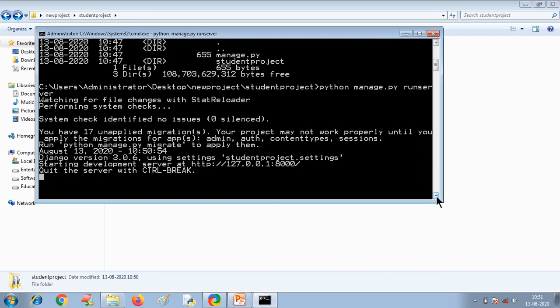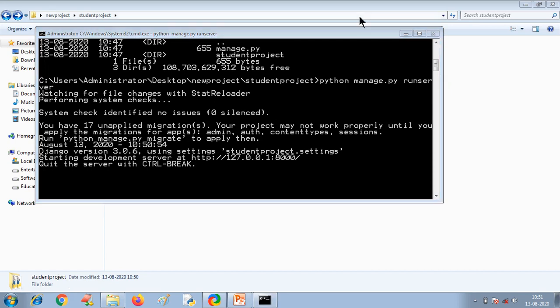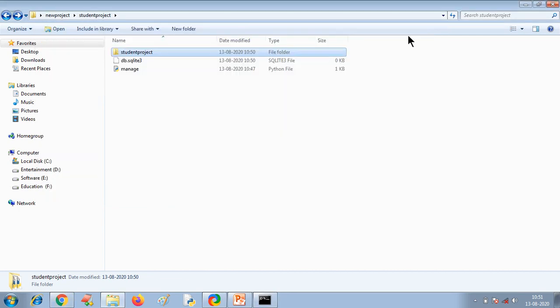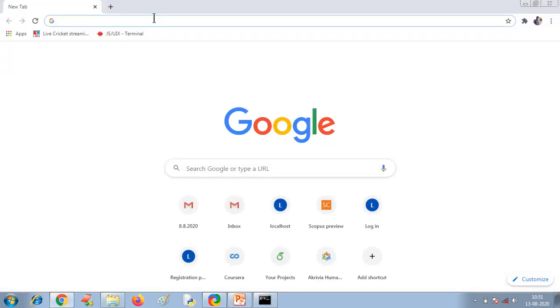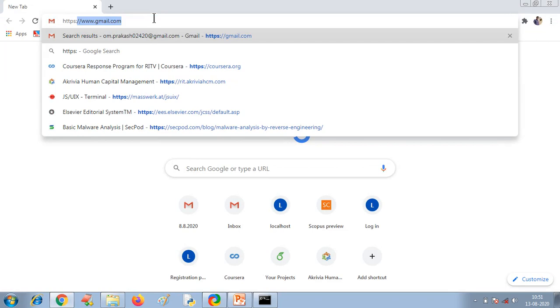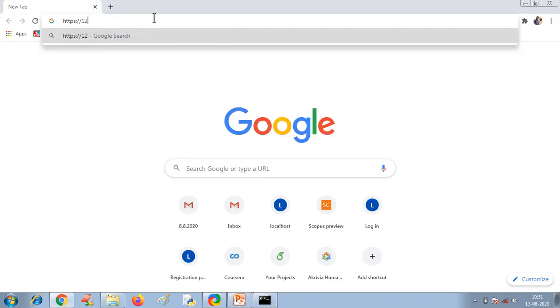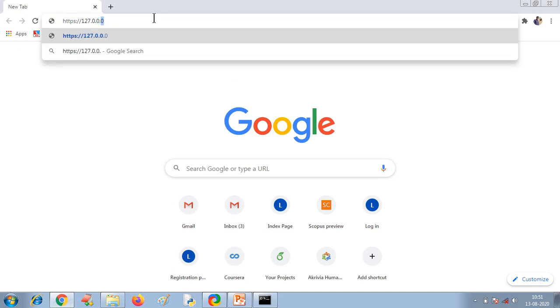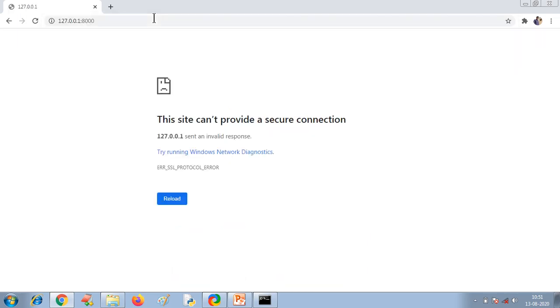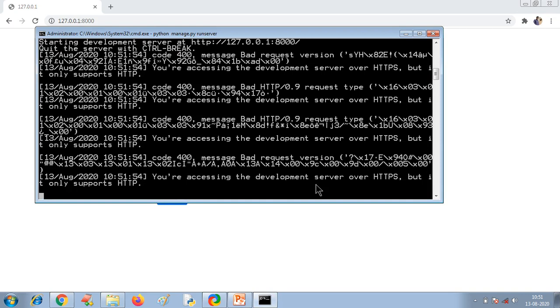Now you can check whether the server has started or not. You go to the web browser, any web browser, Google Chrome or Firefox. You can open any of the web browsers. Now you just go to http colon double slash 127.0.0.1:8000. Oh, some error is there here.